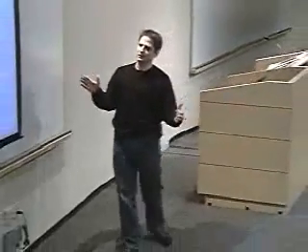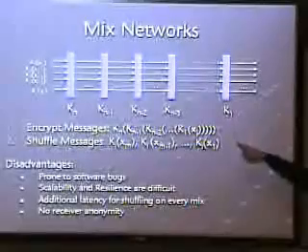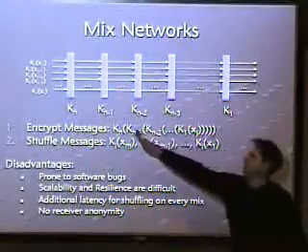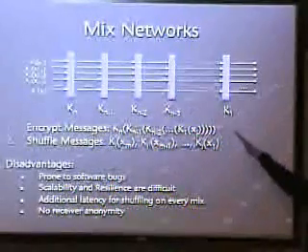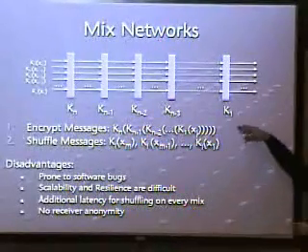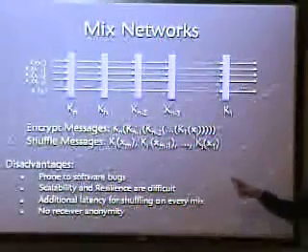The first and most common thing in traffic analysis protection are mix networks. A mix network is basically a collection of nodes, and all messages go through all of these nodes. It's basically a cascade. Messages go through all these stages of mixes, and every mix shuffles these messages in a random order and sends them out again.